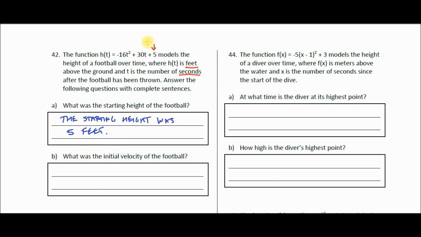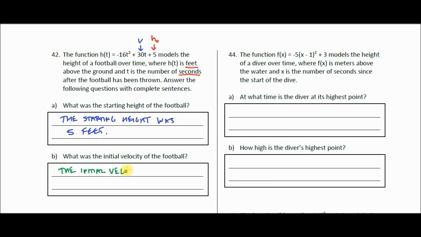What was the initial velocity? Well, class, this is velocity. Remember, this is v, and if we want to label this one, this is h sub 0, which is the starting height. So the velocity is with the b term, which is that middle term. So the velocity is 30. So the initial,